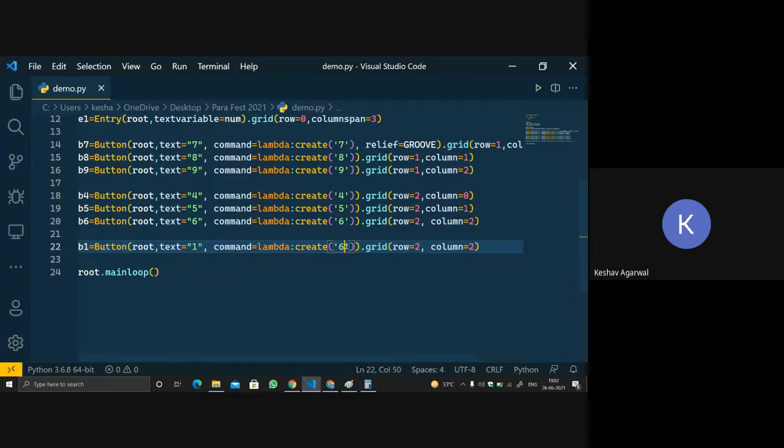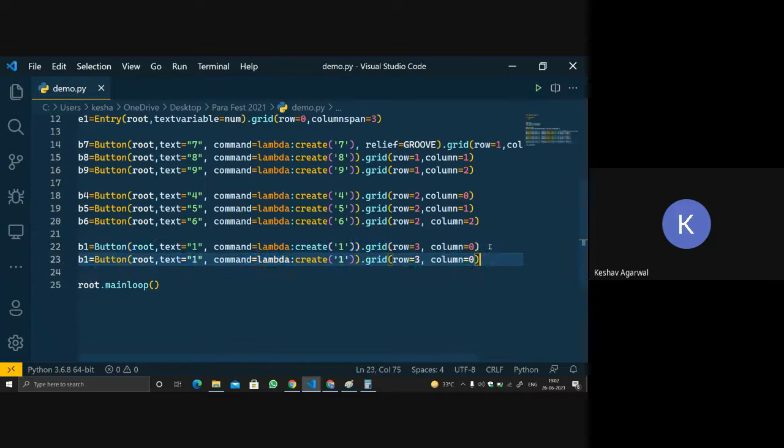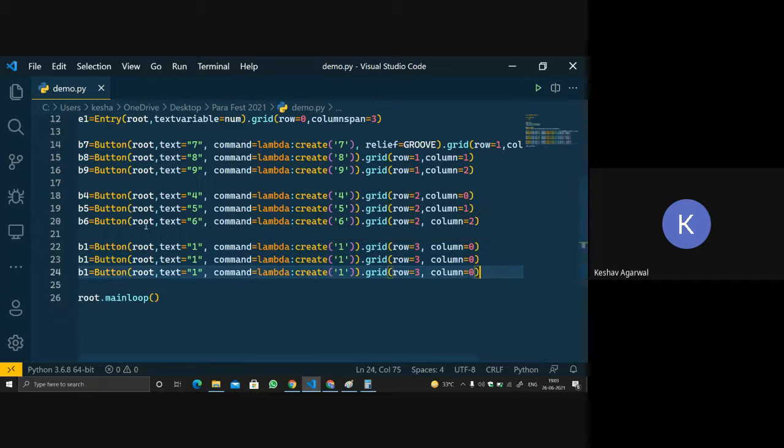We will create it 1, and grid will be 3, 0.